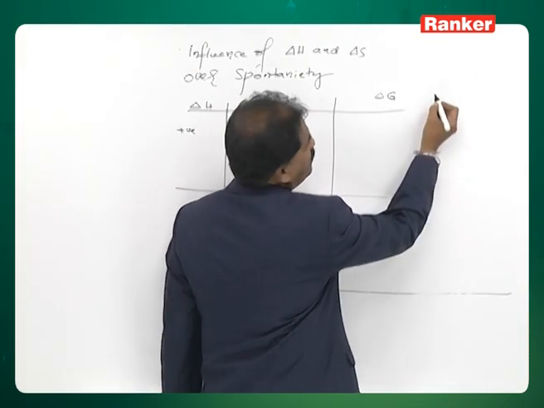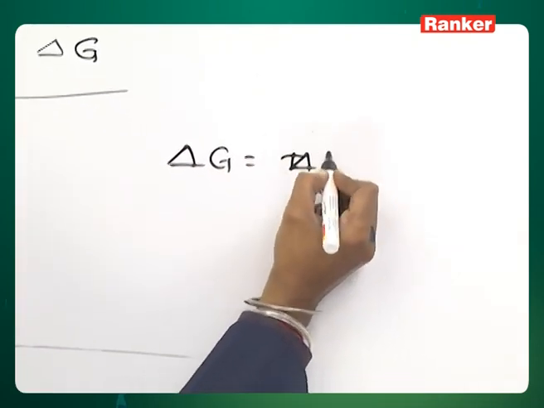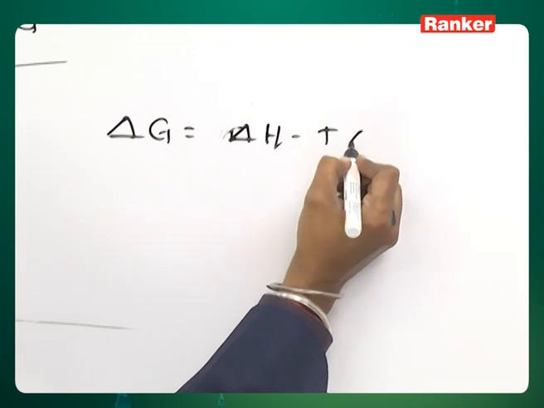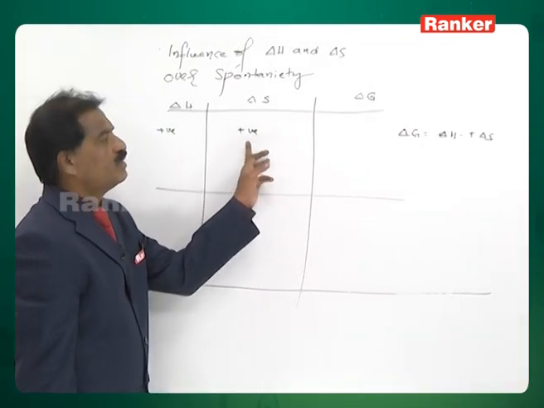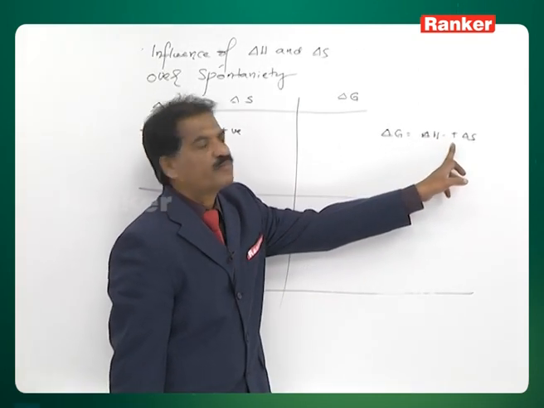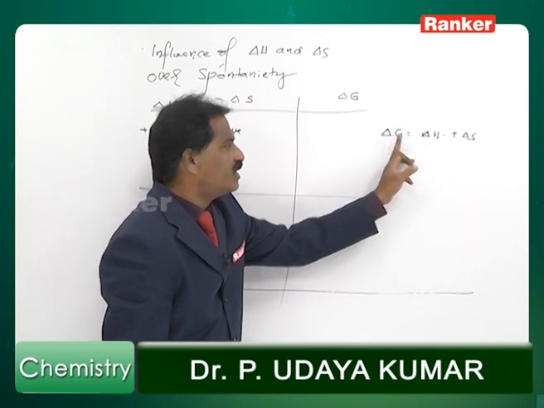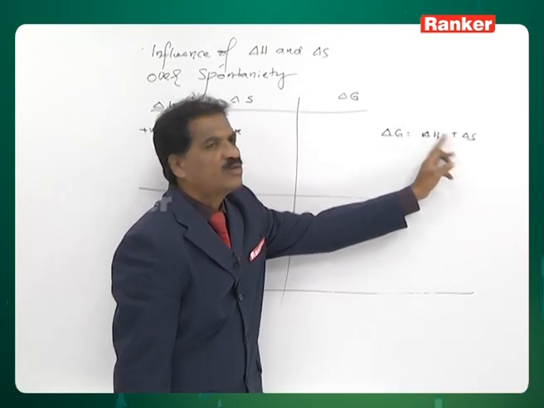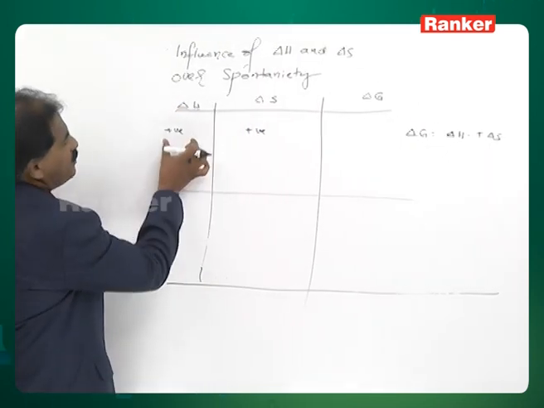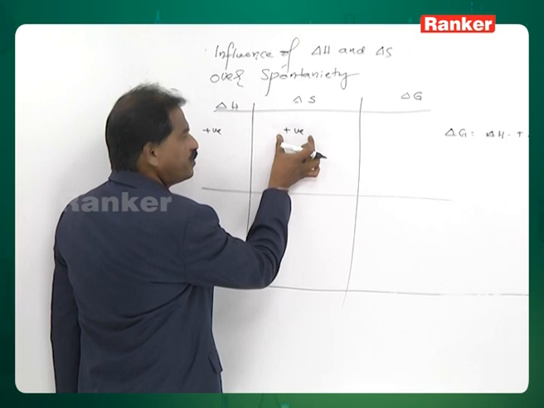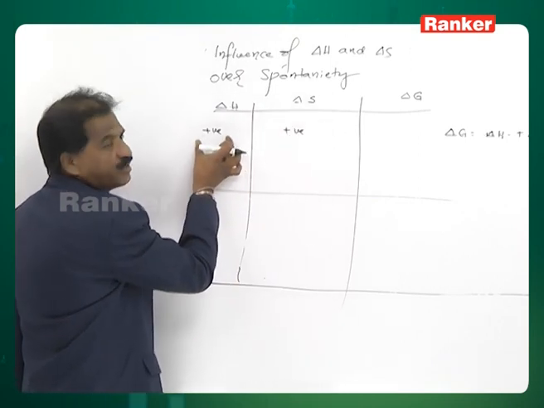Therefore, if you observe this expression, del G is equal to del H minus T del S. Whenever the entropy change is positive, inside the expression it becomes negative. Therefore, the resultant of these two terms depends on the magnitude of the enthalpy change and entropy change. For example, here enthalpy change is positive, del S entropy change is also positive, but if the magnitude of the T del S is greater than enthalpy change,